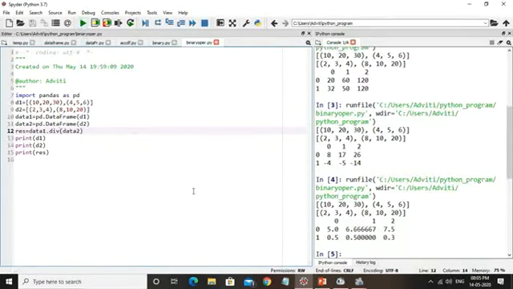Division operations, look at here. Now you can find out 10 divided by 2. Fine. 20 divided by 3, 30 divided by 4, 4 divided by 8, 5 divided by 10, and 6 divided by 20. I am saying a few other functions are also used for the binary operation, like radd function, rsub function.